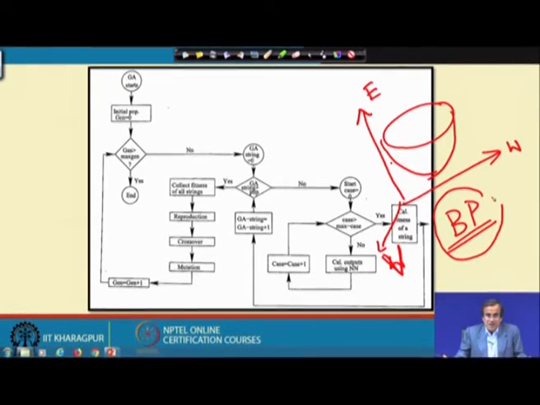Once again, let me repeat. Our aim is to evolve a suitable adaptive motion planner, an adaptive controller, so that the intelligent robot can perform in a very efficient way.